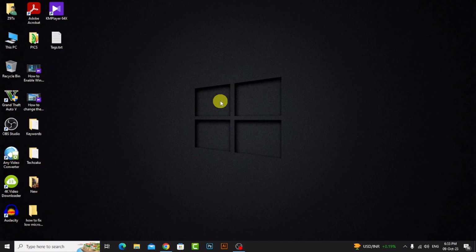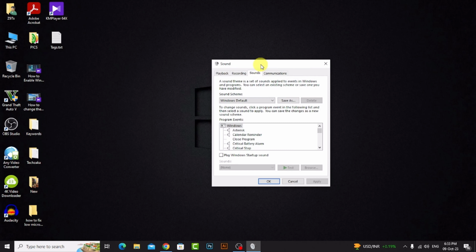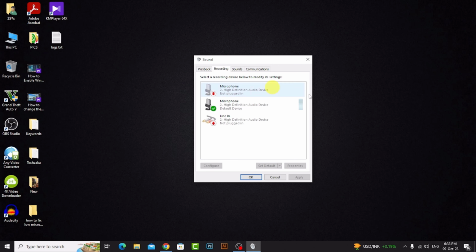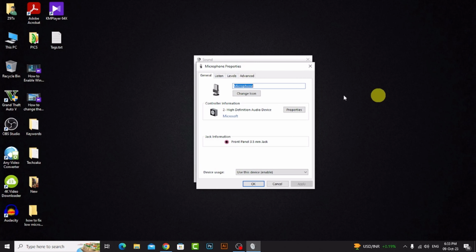First of all, go to the Windows taskbar and click on the speaker icon, right click and click on Sounds. Then click on Recording and find your microphone. Double click the microphone and then click on